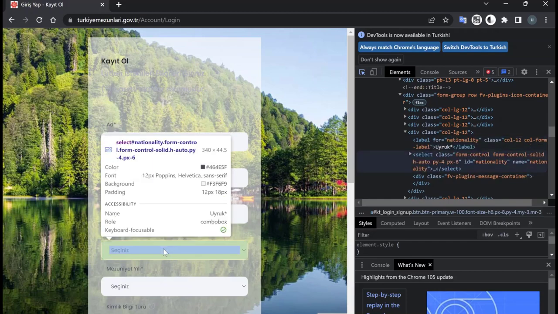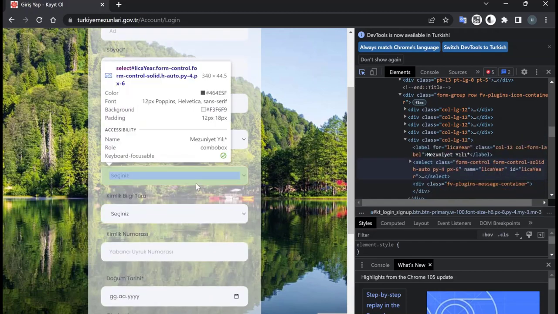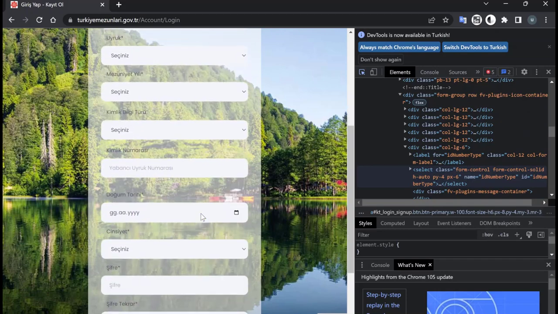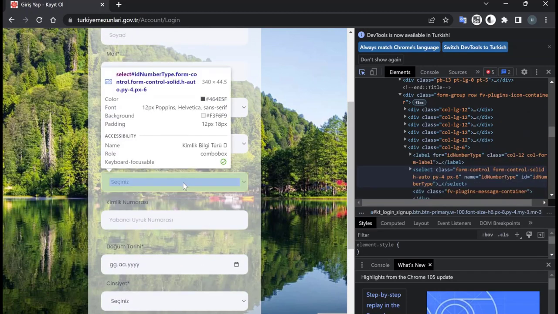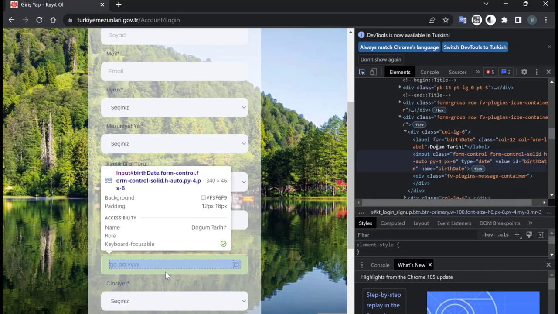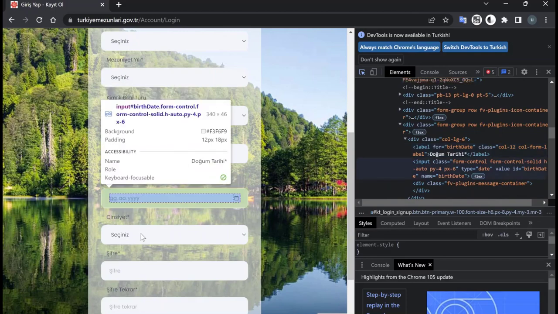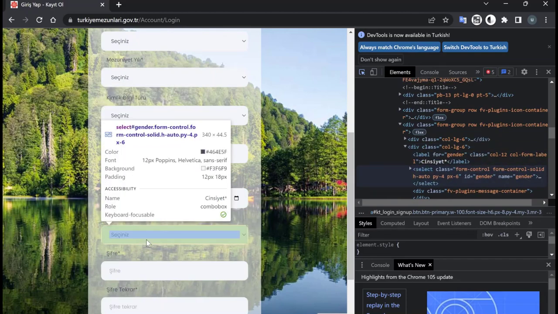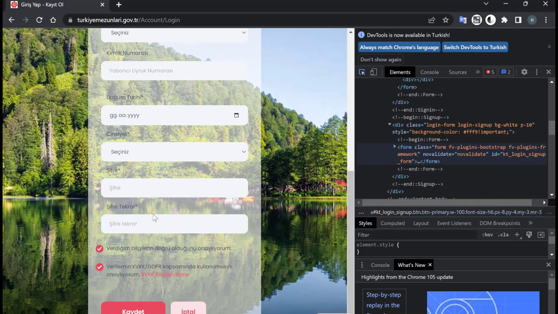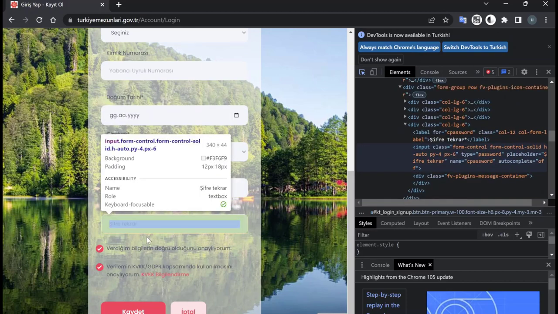There are 4 combo boxes. All of them have IDs. A date field which has an ID. Almost all of them have IDs. Second password field doesn't have ID.